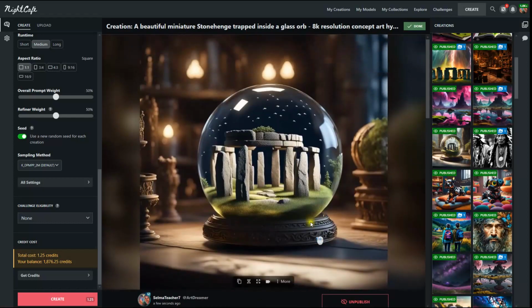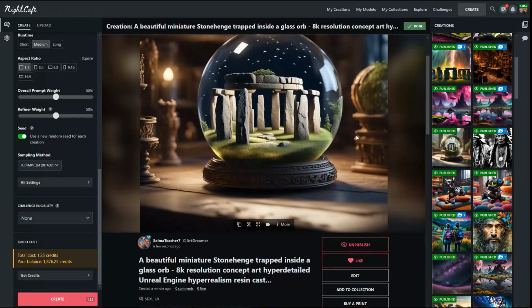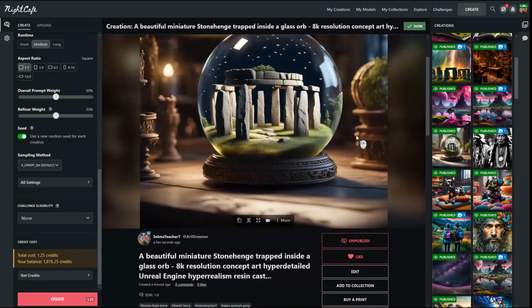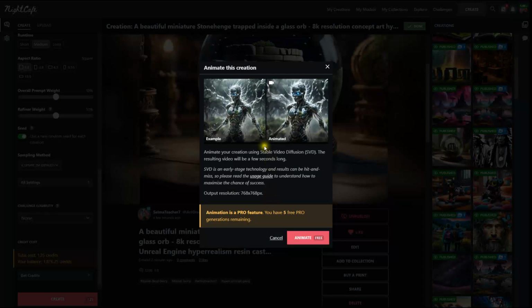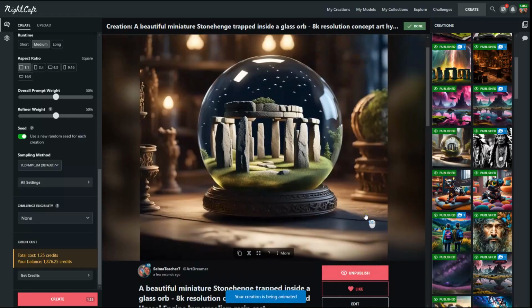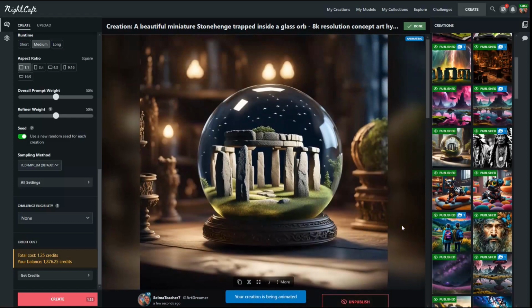So as you can see, Night Cafe has really come a long ways as far as doing things. And one of the things it can do too is it can actually now add video to your artwork. So if I wanted to add video, I can click on animate. And this is the example of the animation there. And let's click on animate here and see how it does with animation.